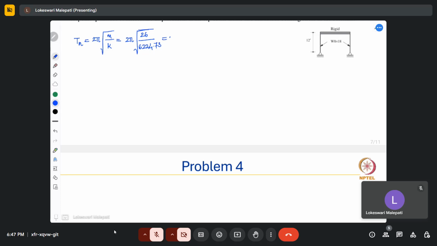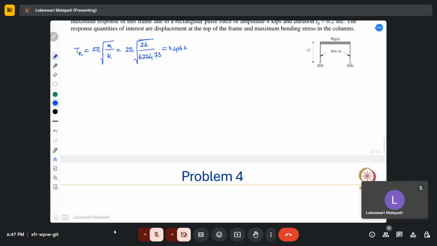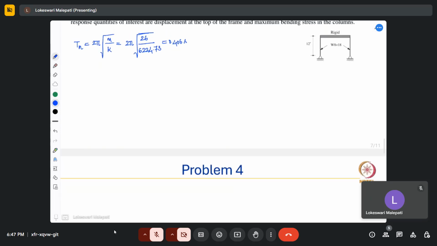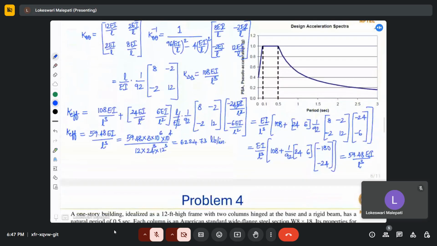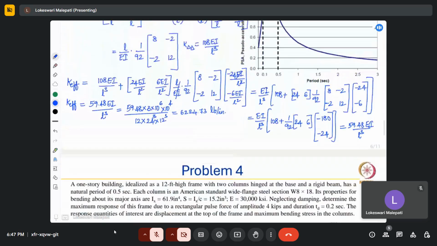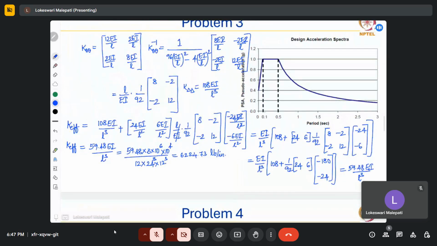So this is 0.406 seconds. Using this time period, we can find out the acceleration response for this particular thing. We got 0.406, so that means it should lie between 0.1 and 0.5, and it has a constant value of 1. And this 1 is a ratio of the actual acceleration to the acceleration